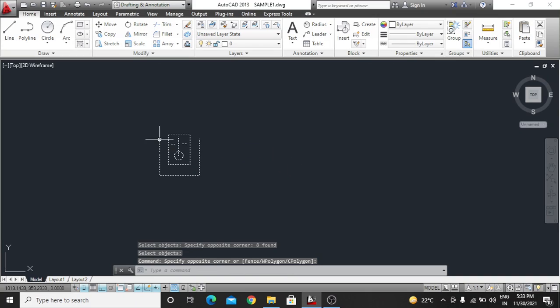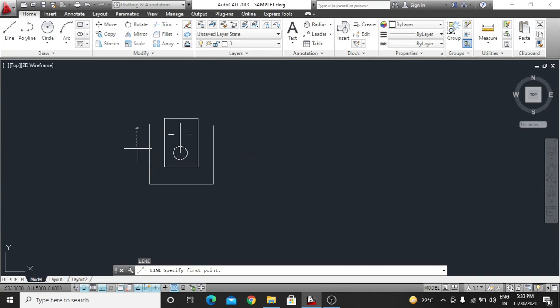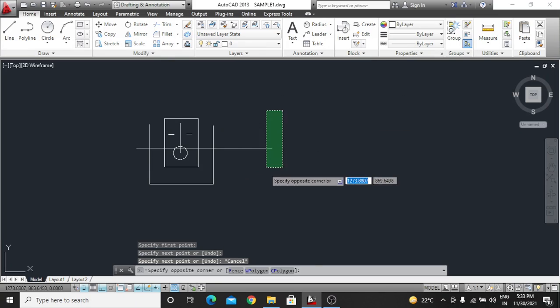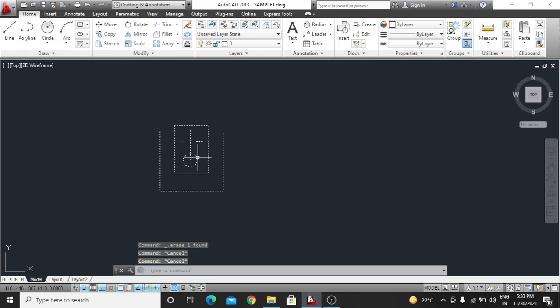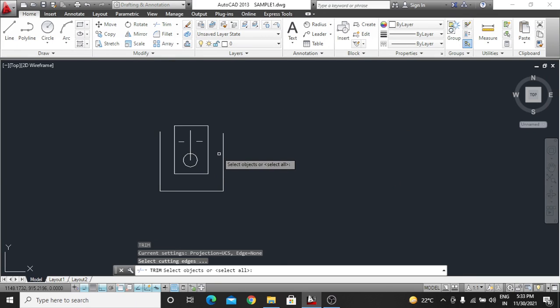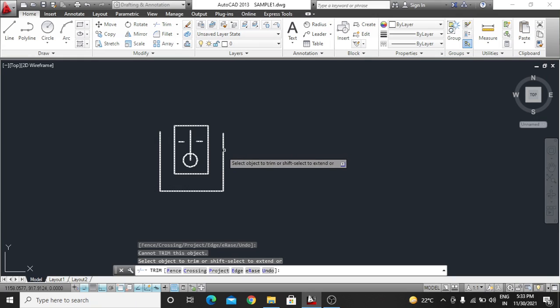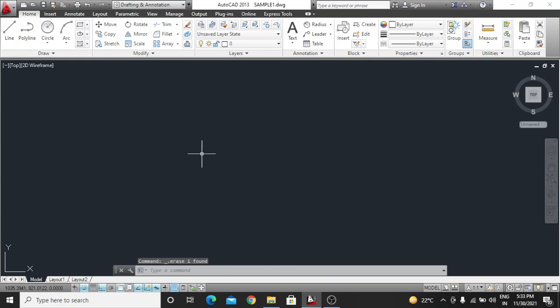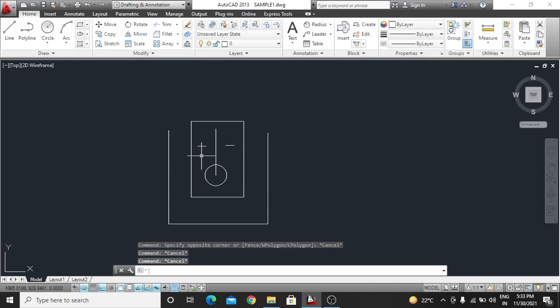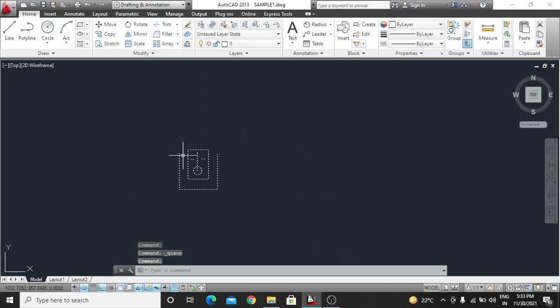So now if you see, if we click on this, it is a single object only, right? So what is the difference of this and the benefit? You can see you cannot add, you can trim, you cannot delete. If you delete this, it will all be deleted. Okay, but this is not the only use of block.